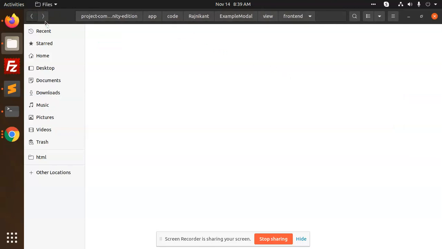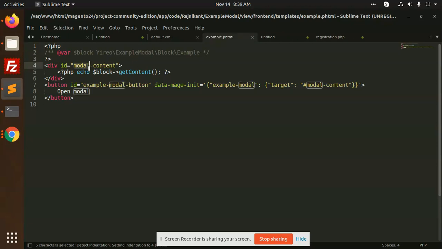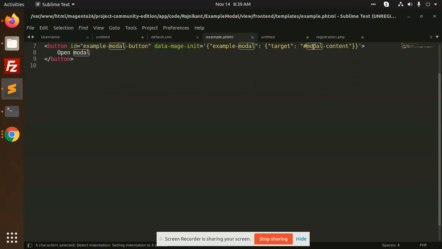Okay, and in templates example.phtml, you can just write the simple content of the example modal and modal content, but here it needs example-modal data-image-init, example-modal target modal content. You need to write this, this is very important. Okay, after that we have